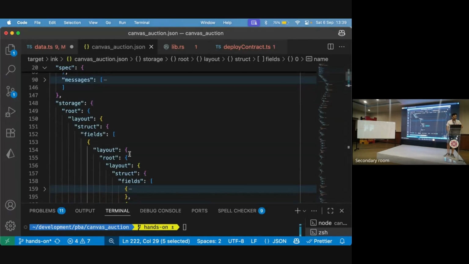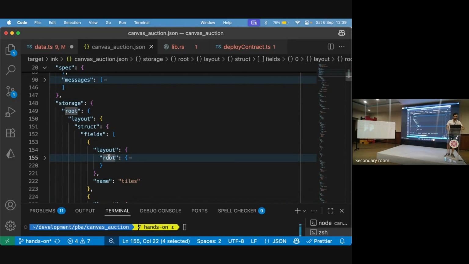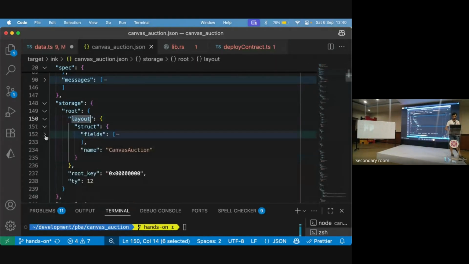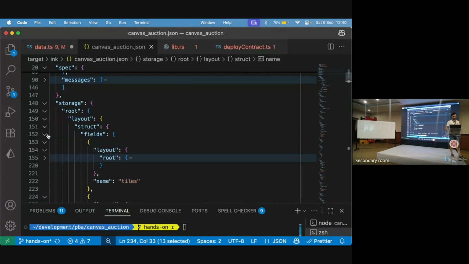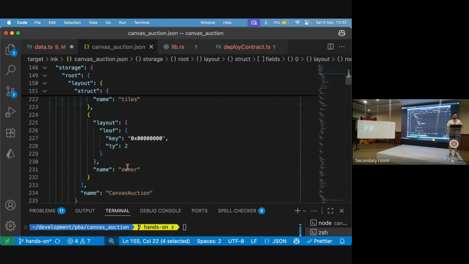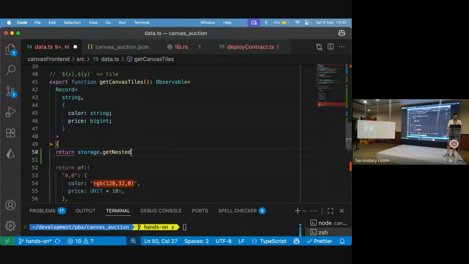So these are the tiles, and the tiles have sort of another root that we can access. The way that the storage is structured here is essentially nested storages, one inside the other. So there's a root storage which has some properties. So this is the canvas auction, and the canvas auction has some tiles that inside has another root storage that has more properties. So this is a nested storage, whereas this one, which is the owner, is directly in the value. So if I want to access the owner, I can do get root,